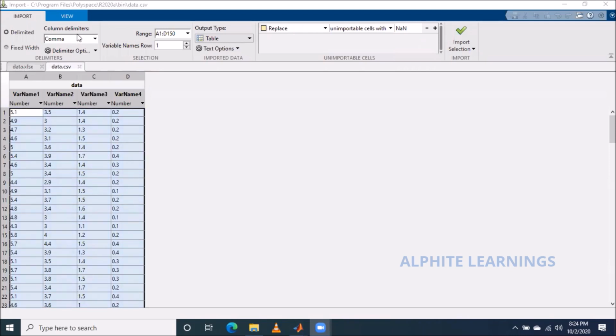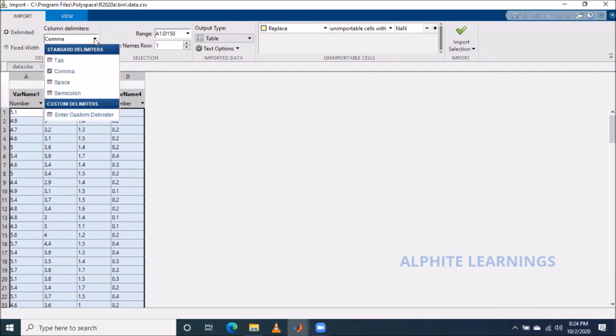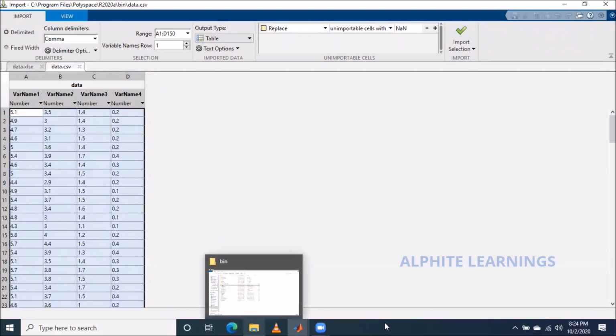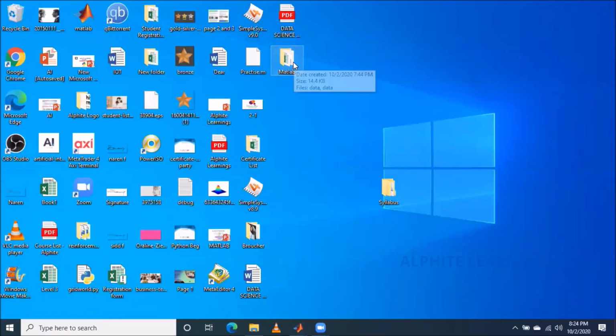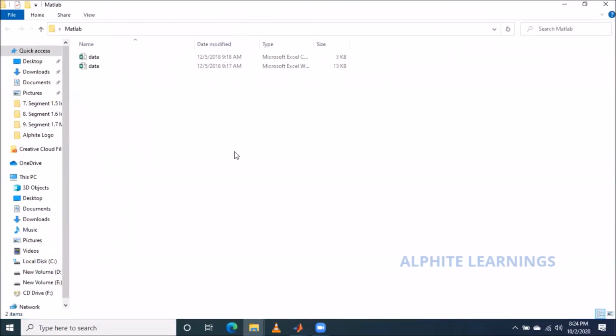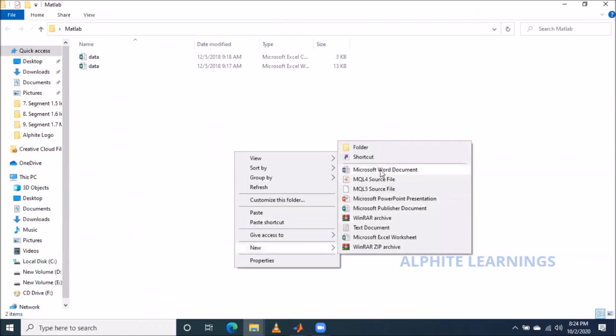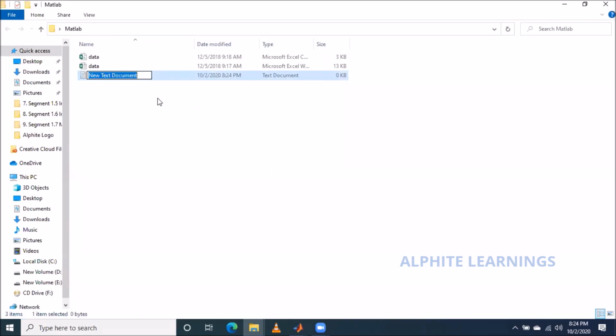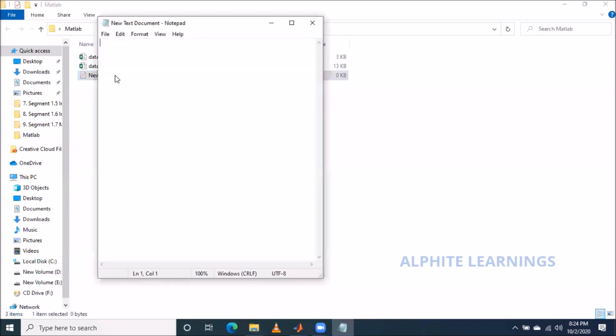What is a column delimiter here? Since I have used an Excel sheet, I don't want to mention anything appropriate to that. I can mention a tab or space or something like that. But let me just create a text file for you, not an Excel. I'm going to apply some data here: 45, 50, 55, 60, and then 65.